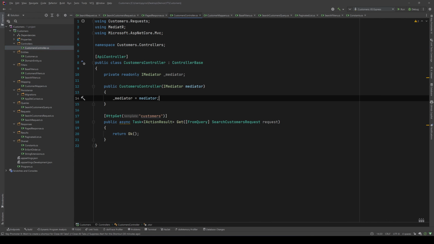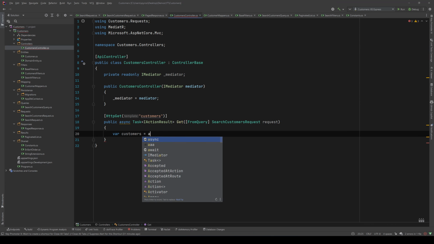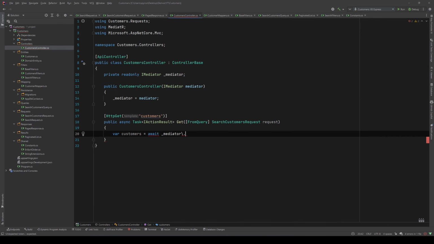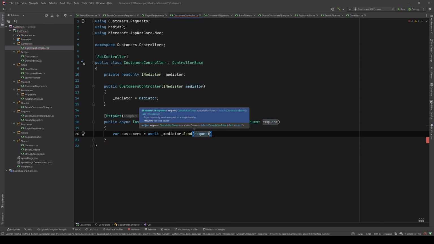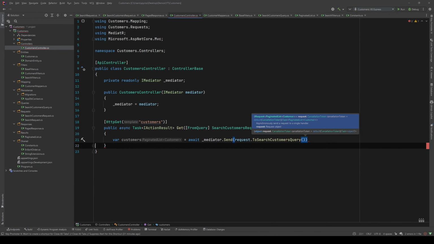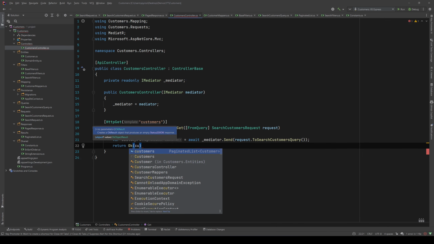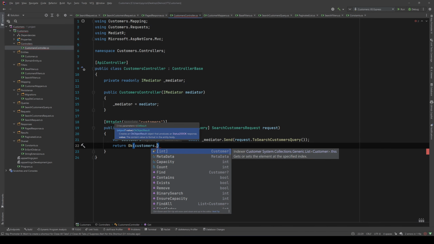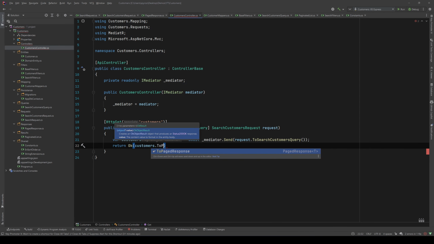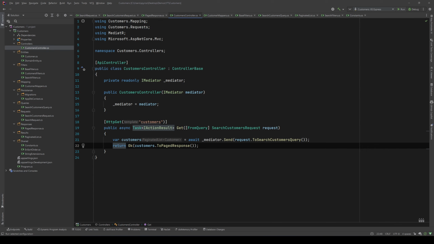So let's go finally back to our controller, and in here let's take the paginated list. So let's say var customers equals await mediator dot send, and let's convert the request to the query. Okay, and now let's return Ok, and let's map our customers paginated list to a customers page response, so to page response. Let's debug that,